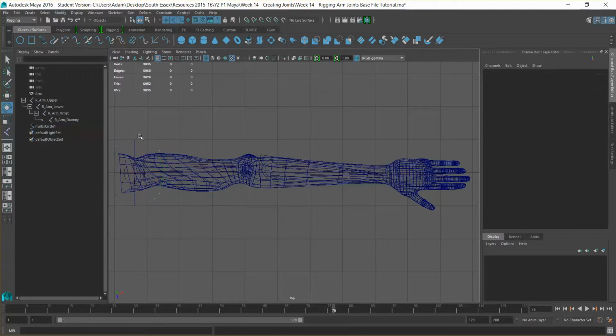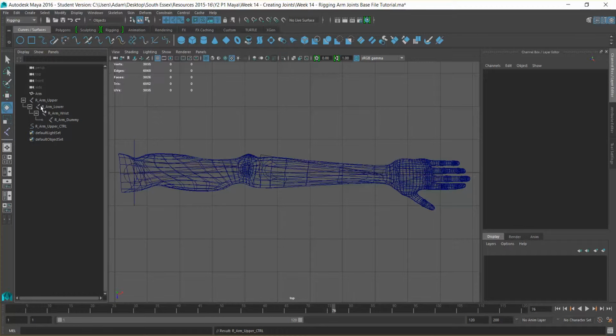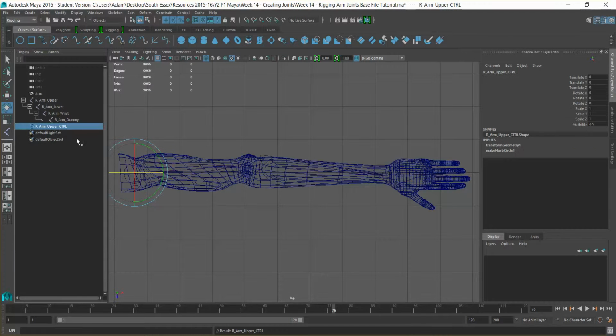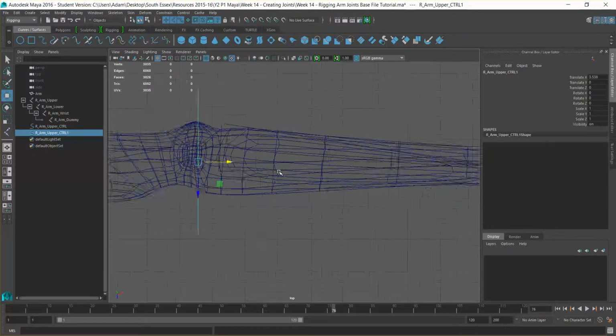Okay. I'm going to rename this as right arm upper, but this time I'm going to add a capital CTRL, which is control, but abbreviated. Okay, so we know it's a control, and you can see in my outliner we have our joints and then we have our control. And I'm going to duplicate this, and I'm going to move it down to roughly where our joint is,